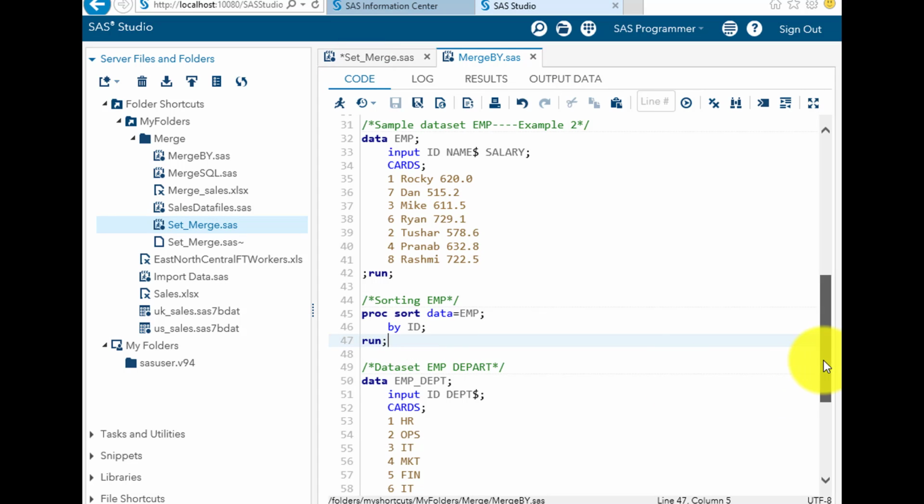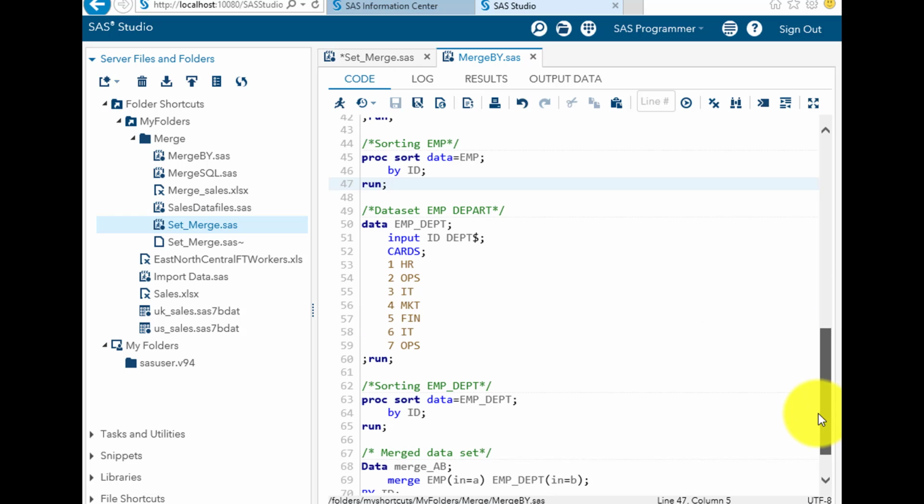The next dataset is EMP underscore DEPT. Here we have 2 columns, ID and DEPT. Again, DEPT is a string variable, so we are using a dollar over here, and in the cards statement we have 1, 2, 3, 4, 5, 6, 7 as ID, and the rest are the department names. Let's create this dataset.